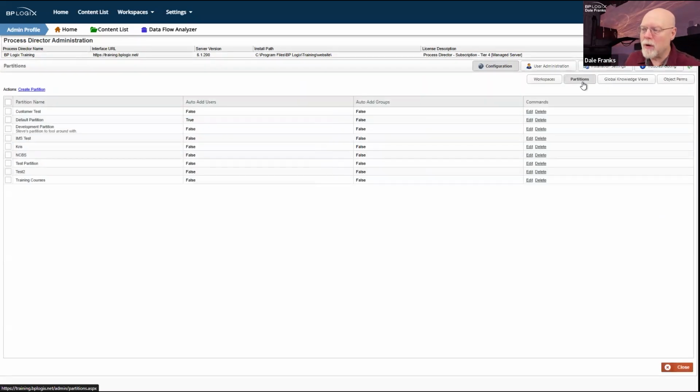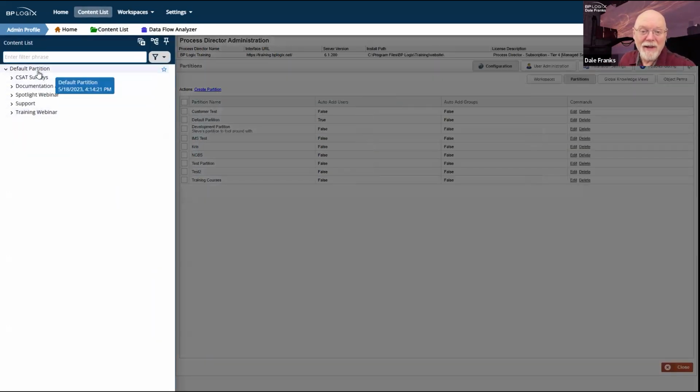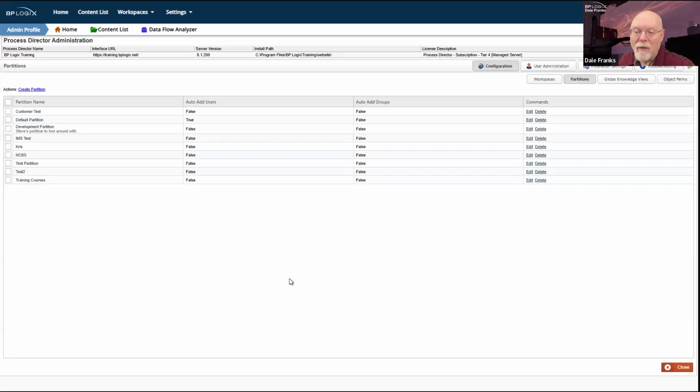Second thing you can do in configuration are your partitions, and set up partitions on the system. Now, even though it doesn't look like it, if I was to look at my content list, all I see is default partition. That's because even though I have multiple partitions on the system, in my primary account, I've only granted myself access to a single partition, the default partition.